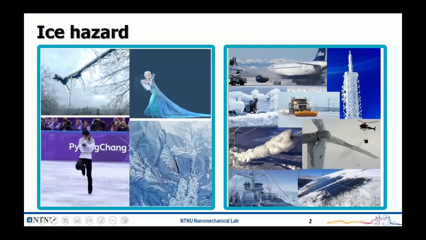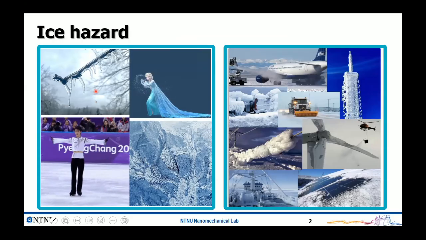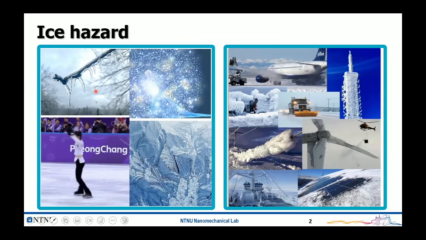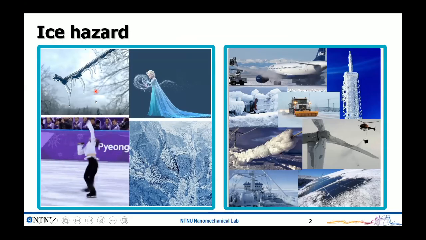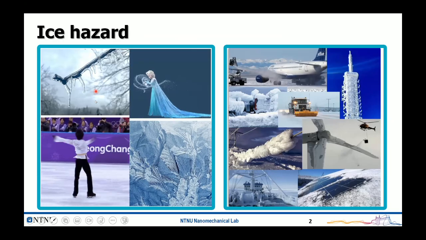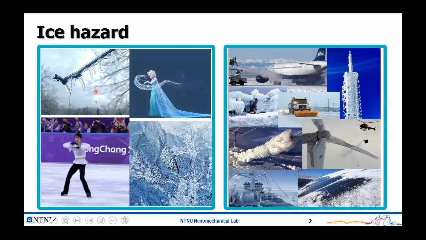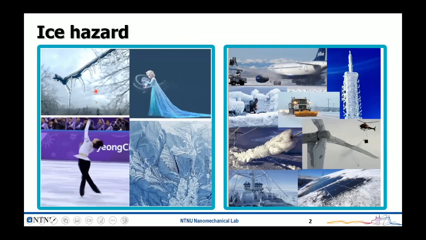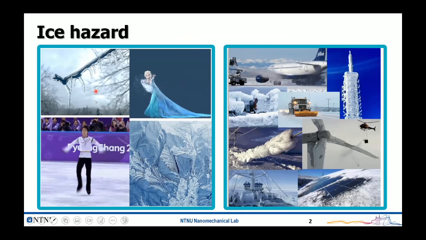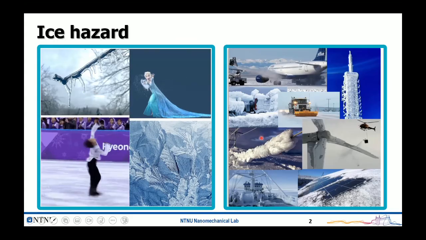Often people think that ice is so romantic, and there are a lot of movies and nice activities about ice and snow. However, in the cold region, when we move to the Arctic, what we experience is on the right-hand side. There are a lot of icing problems on infrastructure, like in the aviation industry. For example, the example I show here is the world record.